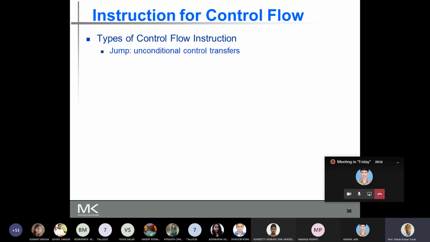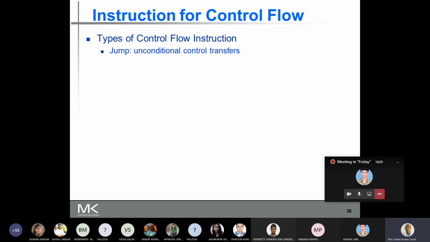It's not the next sequential location; it's transferred to a location which is far away from the current location. In the sequential case, the program counter is enough to get the address of the next instruction to be executed. So there are four types of control flow instructions.